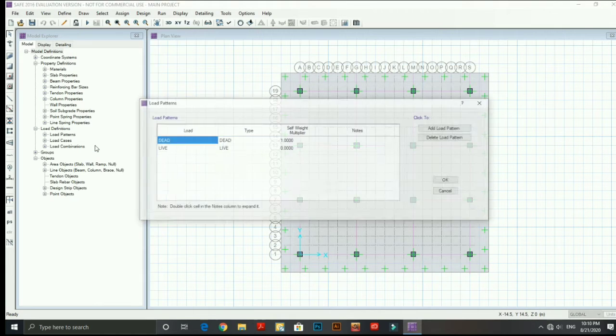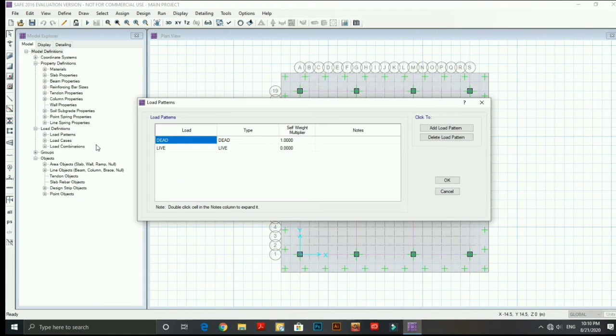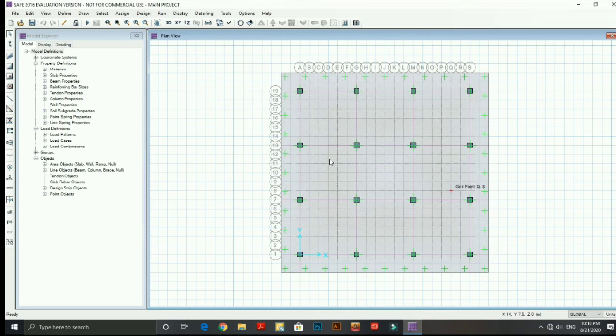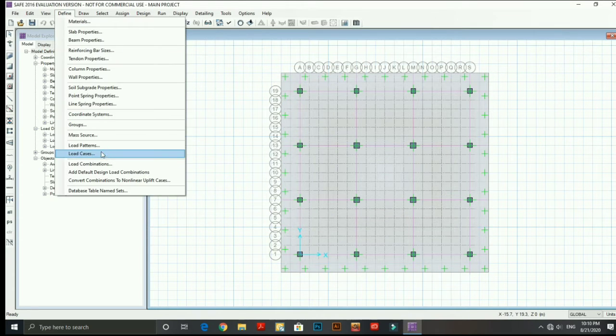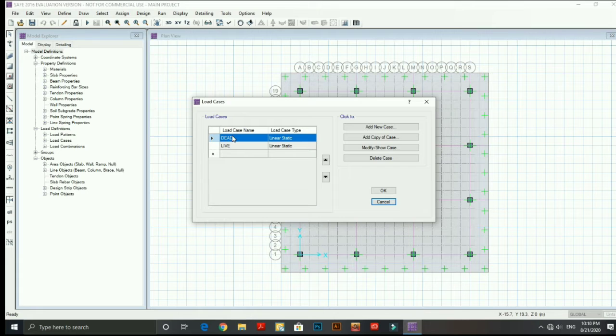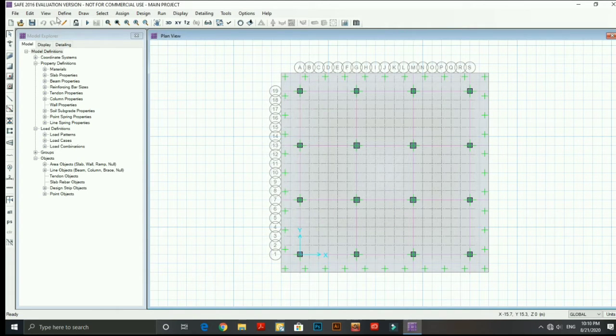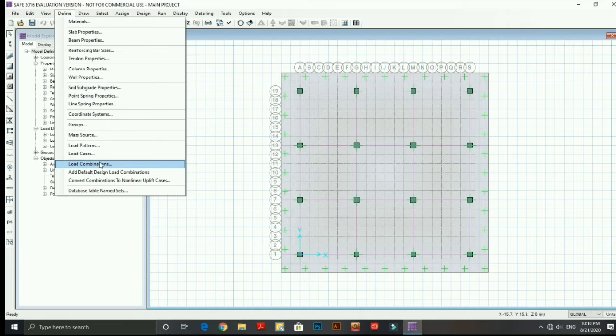Next go to the load cases. The load cases are dead and live load. Next go to the load patterns, where both are dead and live load, static linear. Then cancel it and go to the load combinations.